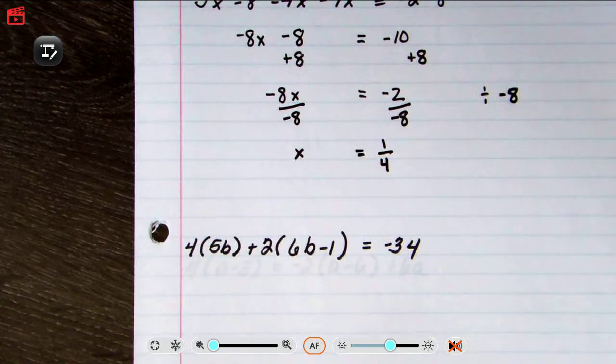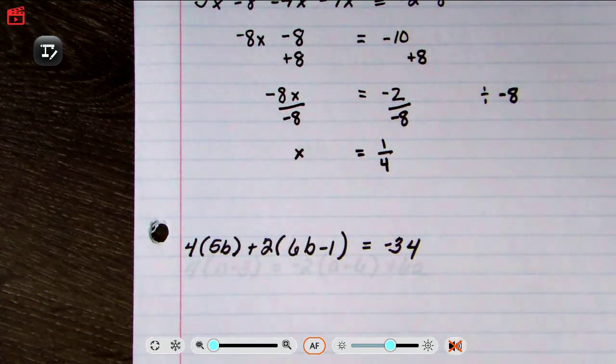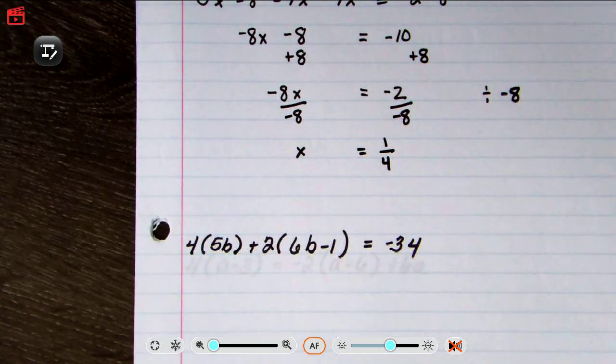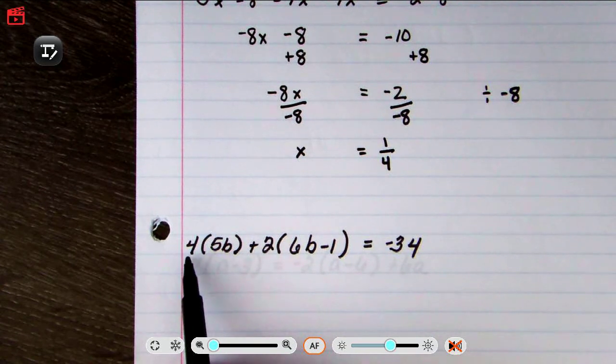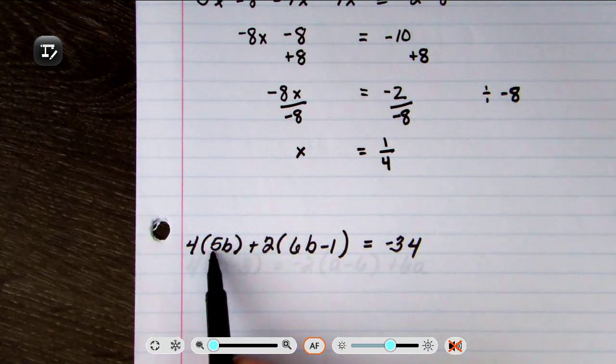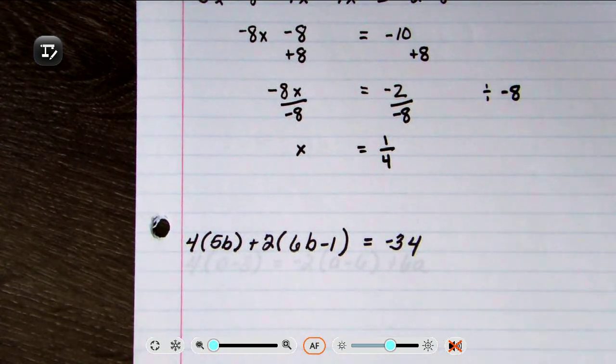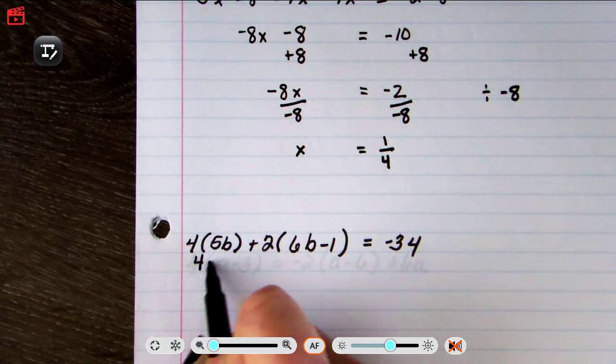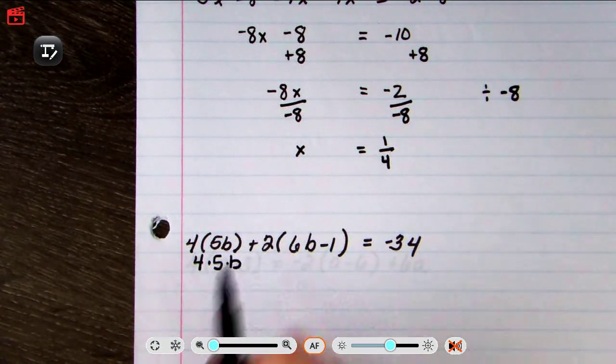All right, I'm going to do another problem. Again, we're going to simplify each side separately. This side is kind of already simplified as a negative 34. Here I have 4 times 5b. Notice this is multiplication, so this is not a distribution problem. Remembering when you distribute, you're taking a multiplication and you're distributing it over an addition or a subtraction. So here, this is just grouping that 5 and that b together. So there's nothing different than writing this as 4 times 5 times b, or